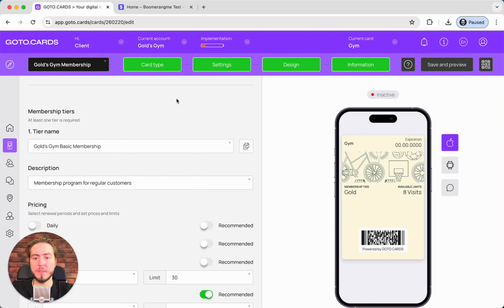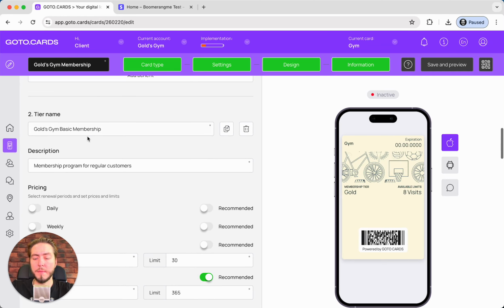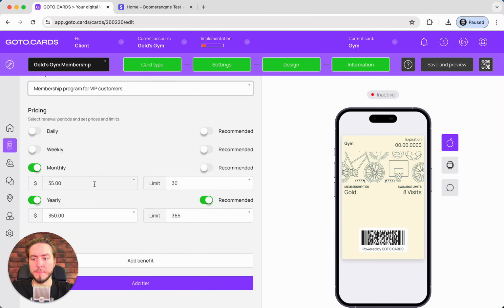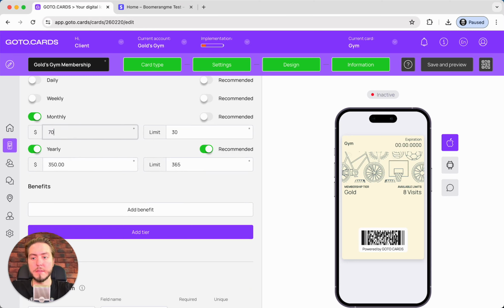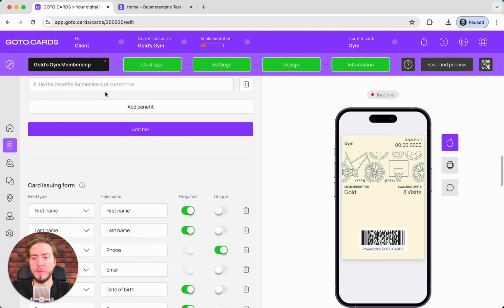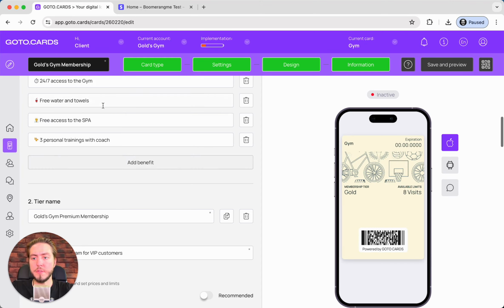So if you want to add another tier, you could do it manually here, or you could just copy your existing tier and customize it a bit. Like this is the membership, this is the premium membership for VIP customers. The price will be doubled, like $70 with 90 visits a month, and it could be like $700 for yearly with 1.5k visits a year. And benefits we could add, just copy and paste from the previous plan, previous tier,